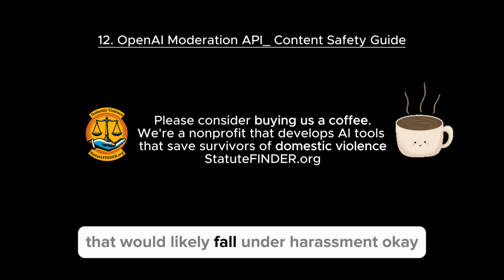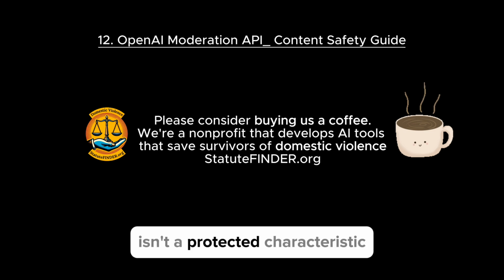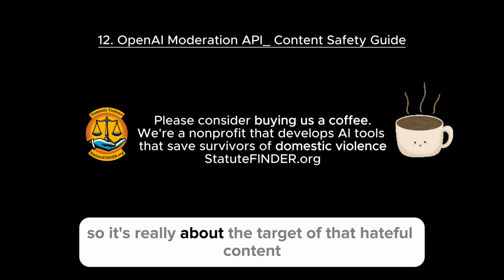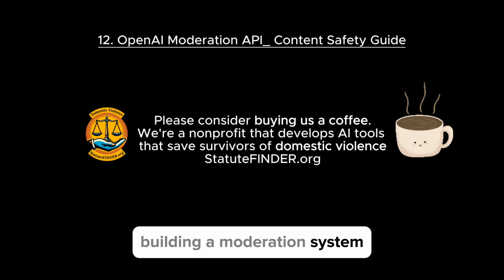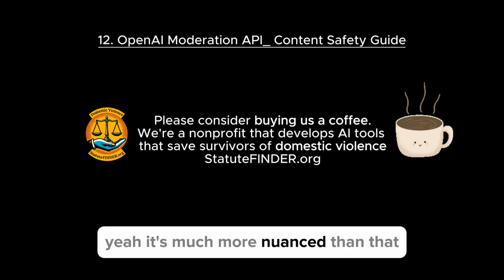That would likely fall under harassment, since political affiliation isn't a protected characteristic in the same way that race or religion are. So it's really about the target of that hateful content. These nuances really matter when you're building a moderation system. Absolutely, it's not as simple as just flagging anything negative. It's much more nuanced than that.